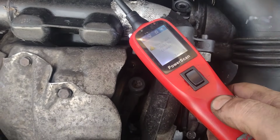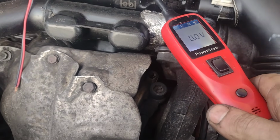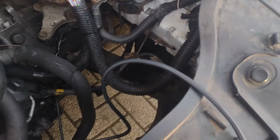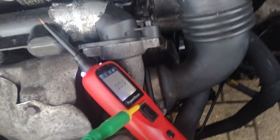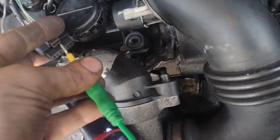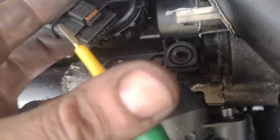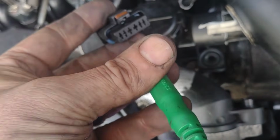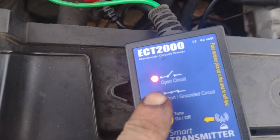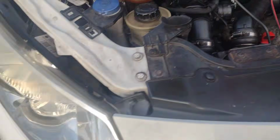Let's turn that buzzer off. There's nothing on that still. So we can go back to this and carry on with the signal tracker. There's nothing on it still. So I can put that back in there. See that blade? So it's the right tool for the job. I'm not going to damage any pins. We're still open circuit. Now turn that ignition off, because if you're pulsing, let's